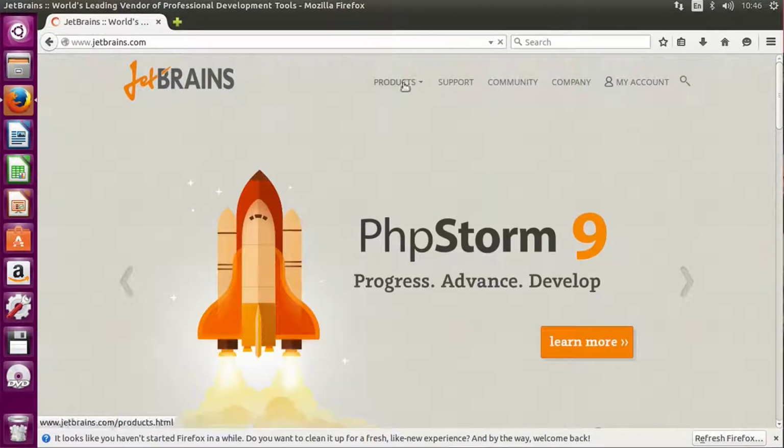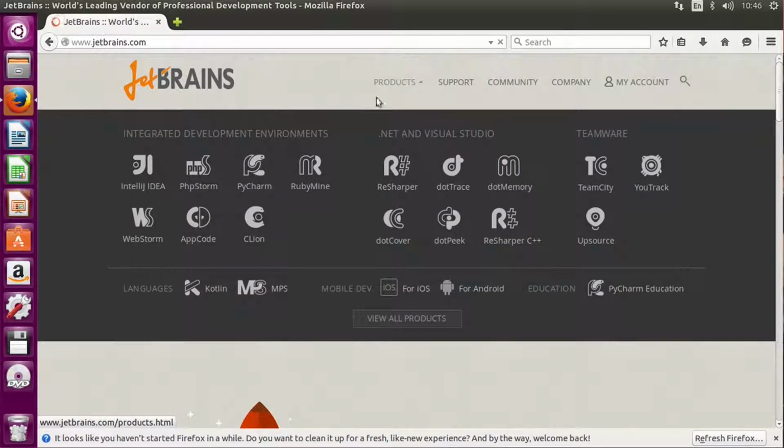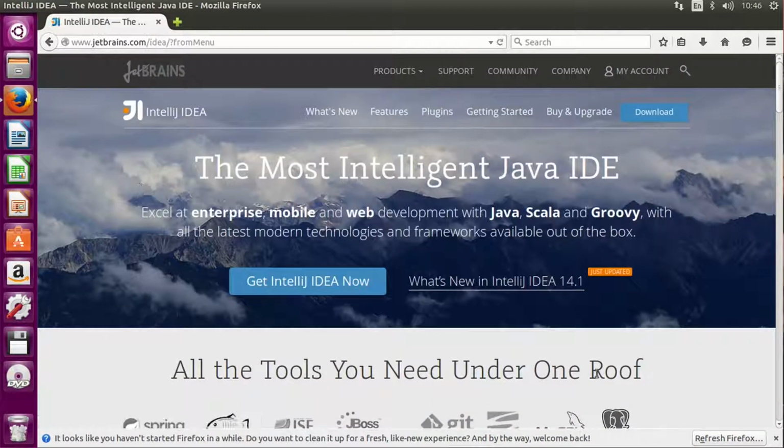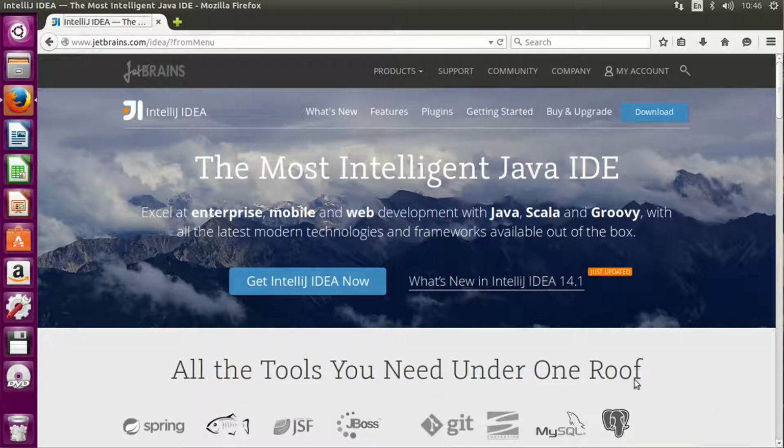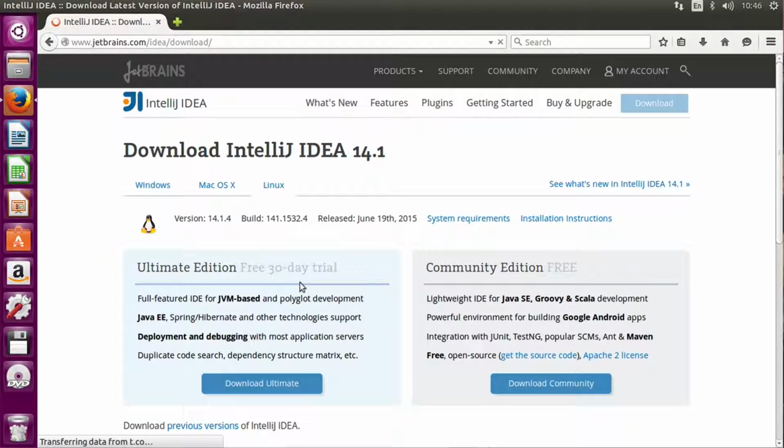Then I'm going to select products when I get there. I'm going to choose IntelliJ IDEA. Click that. Let's close this little thing down the bottom of Firefox there. And I click on Get IntelliJ IDEA now. And it should automatically detect that we're on a Linux platform and give us the links to download the Linux